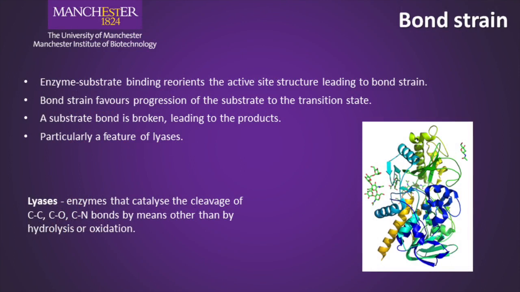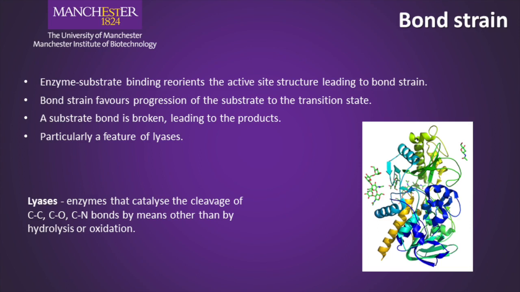So the concept of bond strain is also important in some enzyme catalyzed reactions. Enzyme substrate binding in this case reorients the active site structure, and this can lead to bond strain in the substrate molecule that's bound within the enzyme active site. And this bond strain therefore favors the progression of the substrates from the reactant side of the barrier to the top of the hill or the transition state. A substrate bond is then broken through catalysis, leading to the products, and we therefore fall down on the product side of the barrier as we release that strain. This is a particular feature of the enzyme